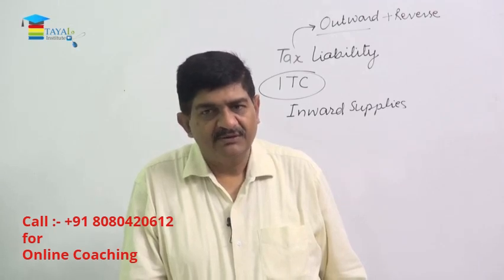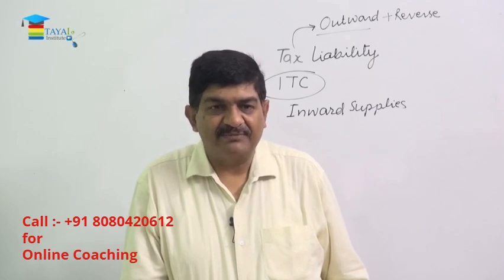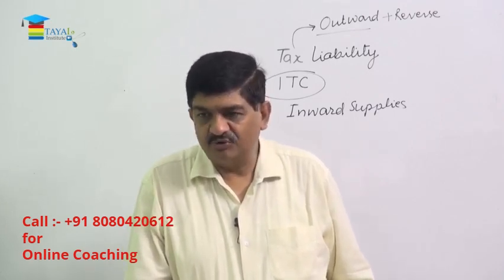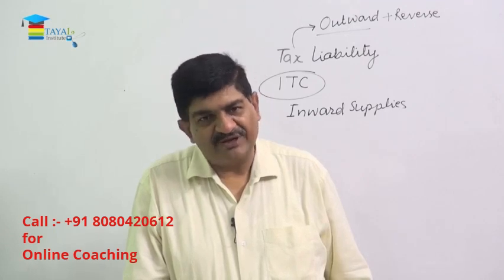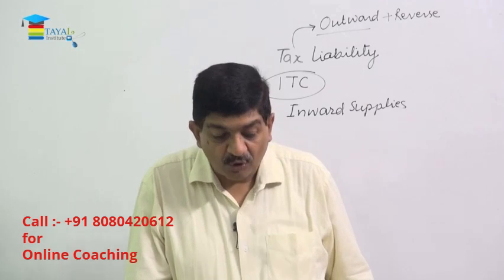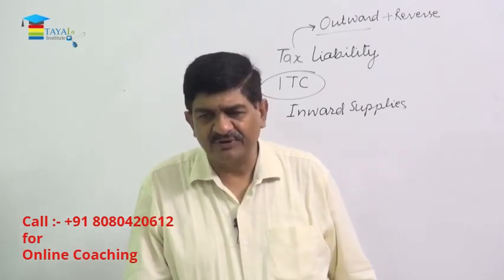Number 1, verification of the tax liability, outward tax liability, including reverse tax liability. And number 2, input tax credit. And for that purpose, whatever records are required, all that we are going to discuss here. Very simple provisions, and that's why